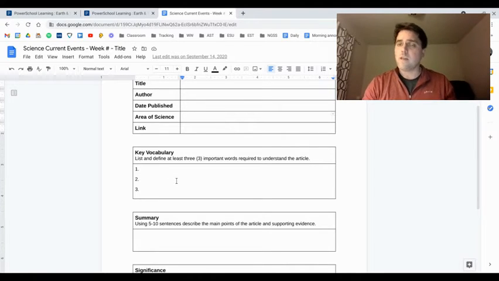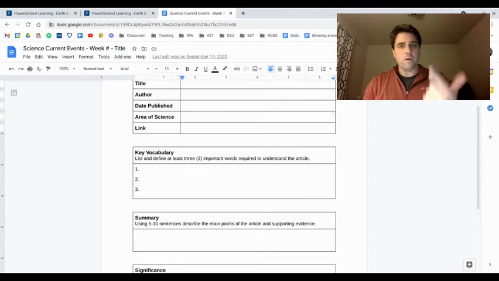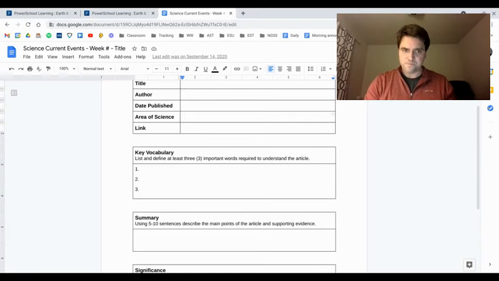And it's very easy to tell if it's not your words if you copied and pasted it from somewhere. There are lots of great resources to figure out what those words mean. Use those, that's fine. But put it in your words based on your understanding of either context clues or a dictionary definition that you looked up. Put the definition of those words in your words. How do you explain what that word means?